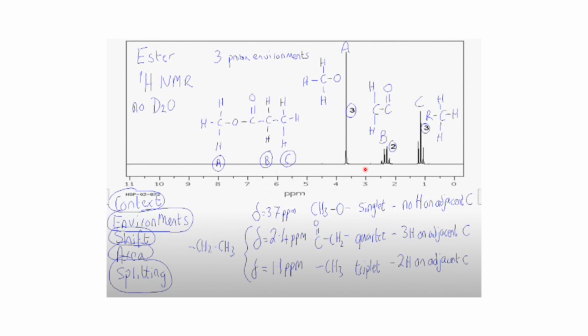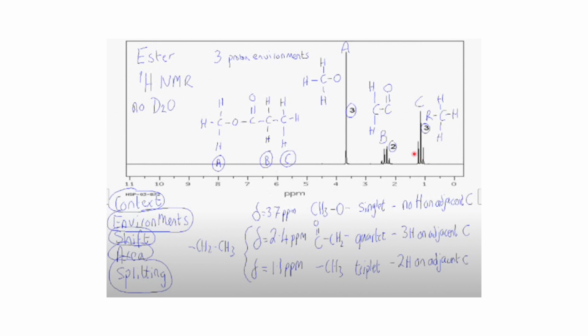Peak B is a quartet, which tells us there are three hydrogens on the carbon adjacent to this. So it's looking very much like the methyl group here is connected to the CH2 here, and it's confirmed because